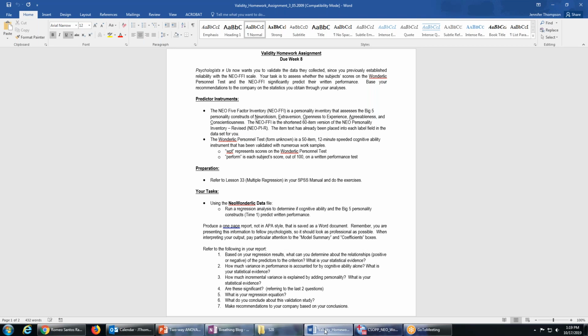So the questions that are being asked are, question number 2 tells me how much variance in performance is accounted for by cognitive ability alone. And then number 3, how much incremental variance is explained by adding personality. That lets me know we have a hierarchical regression with cognitive ability in the first block and personality in the second block. And we can see this